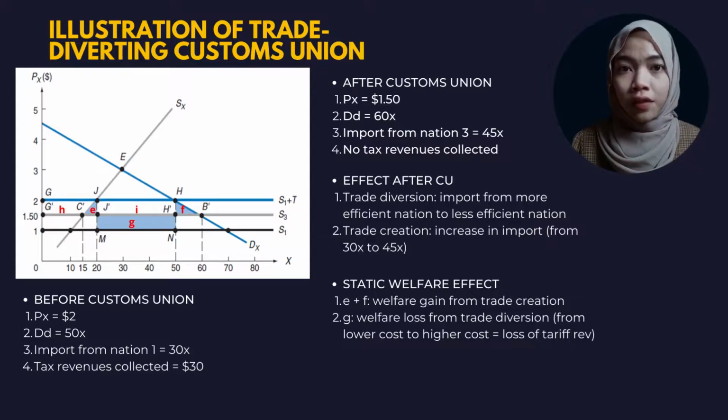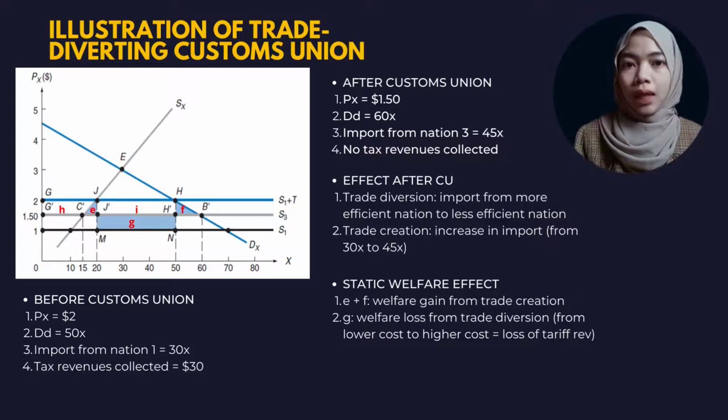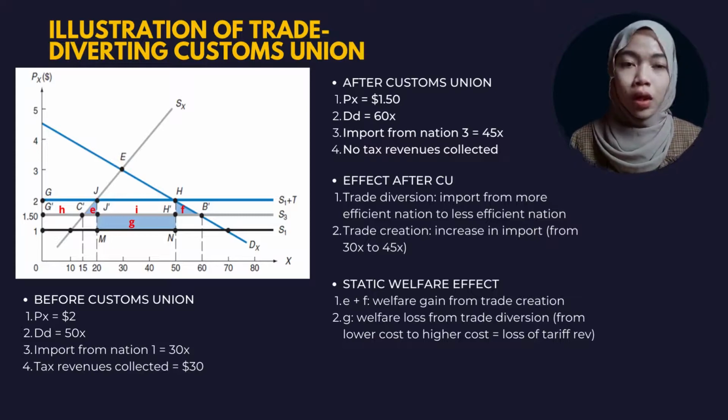The static welfare effect on Nation 2 resulting from the formation of a customs union with Nation 3 can be measured from the shaded area shown in the figure. And lastly, for the static welfare effect, the sum of the area of the shaded triangles in areas E and F is $3.75, the welfare gain resulting from pure trade creation, while the area of the shaded rectangle in area G is